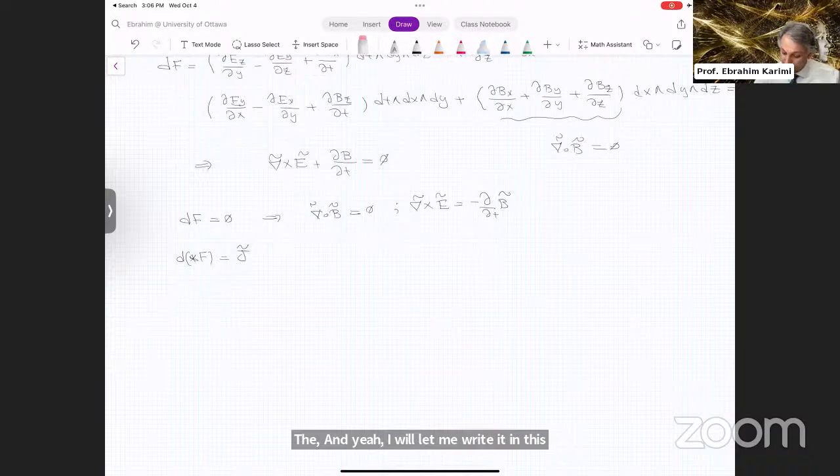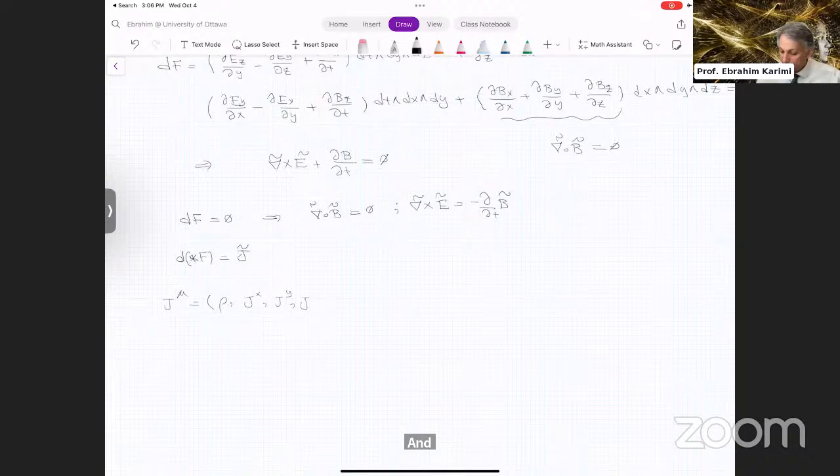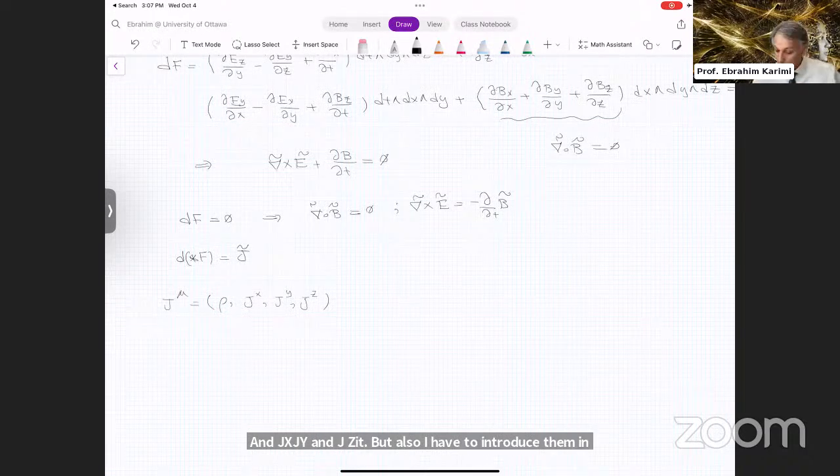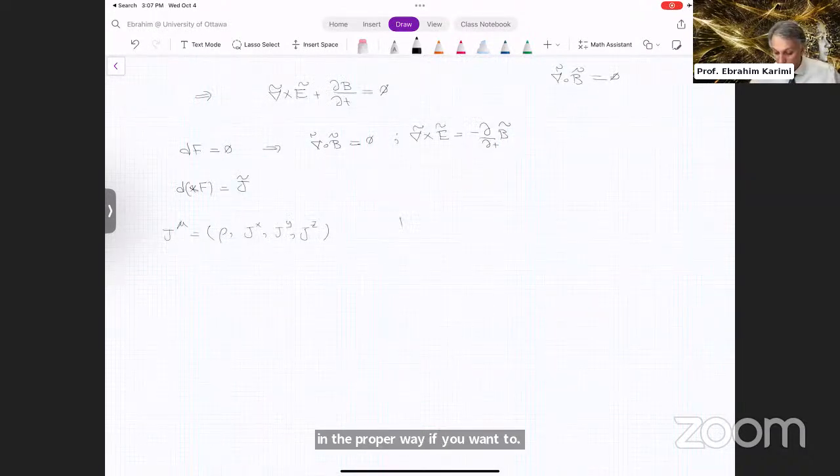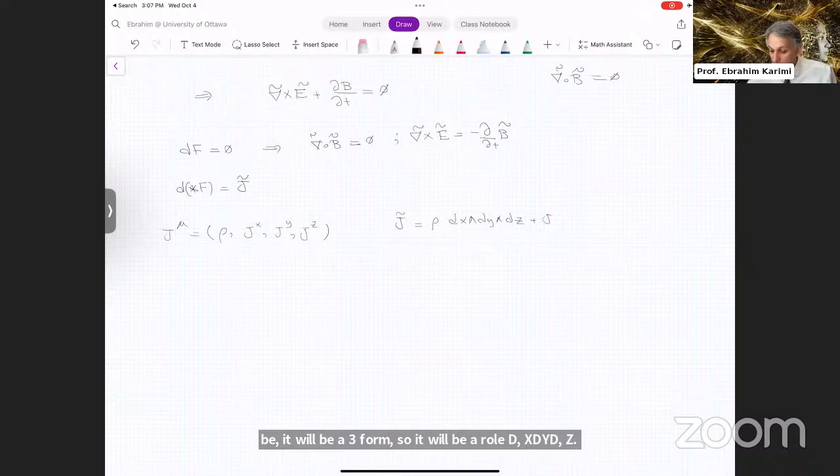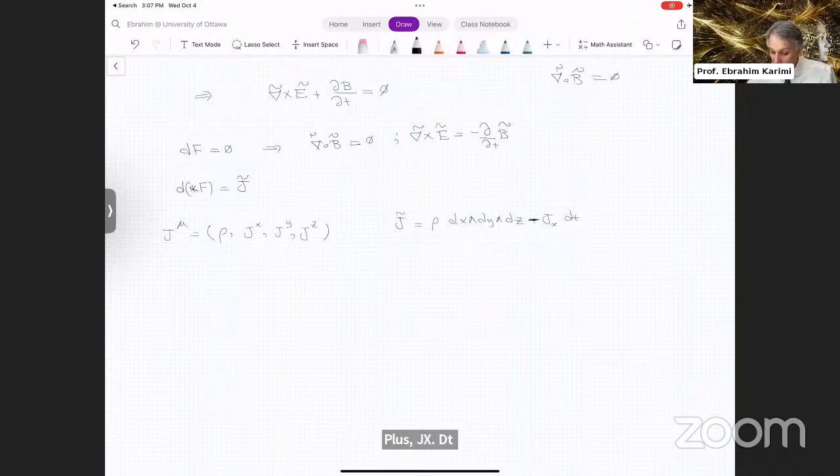The 4-current is given by J^mu, which is rho and J_x, J_y, and J_z. But I also have to introduce them in the proper way if you want to use them in the language of forms. So J will be a 3-form, so it will be rho dx dy dz plus J_x dt with the negative sign because the metric is negative,